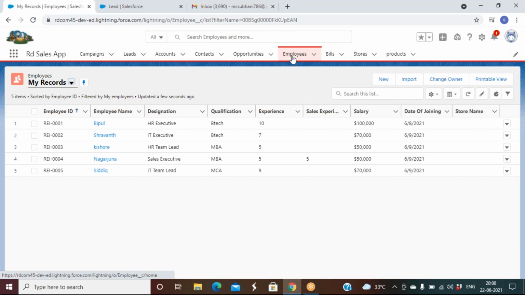Whenever a record is created on the Employee object, meaning a new employee record, we want to send a welcome email from Salesforce to that new employee, saying thanks for joining our company, we will work with you, and so on. Some content you want to develop and you can send.